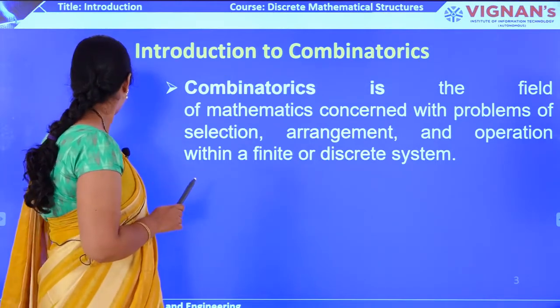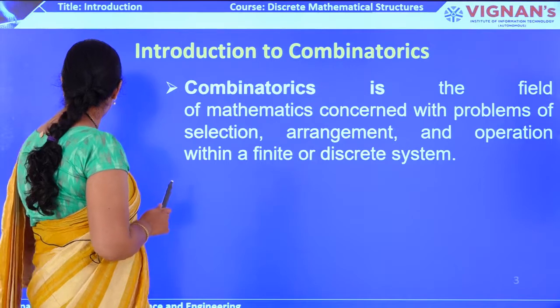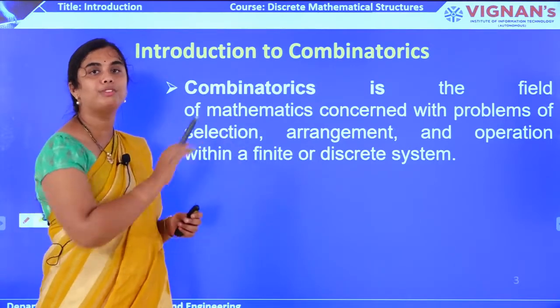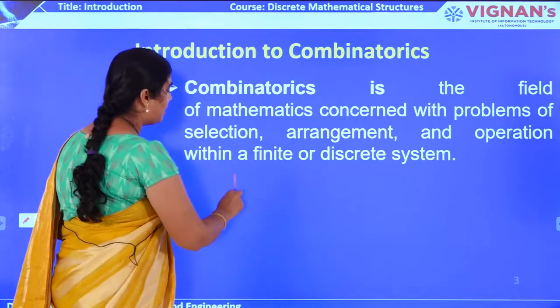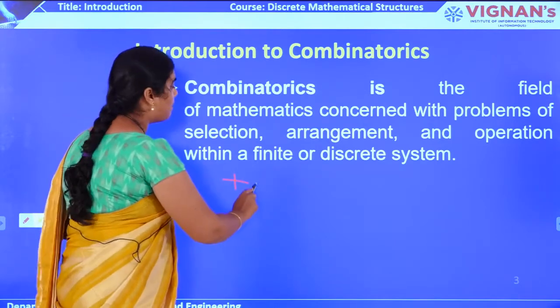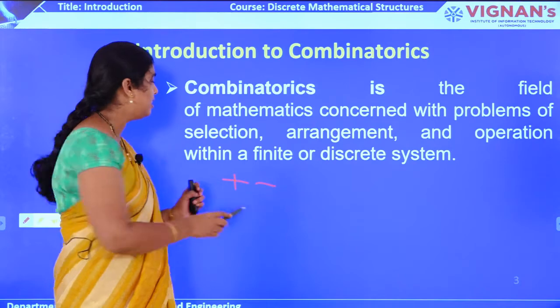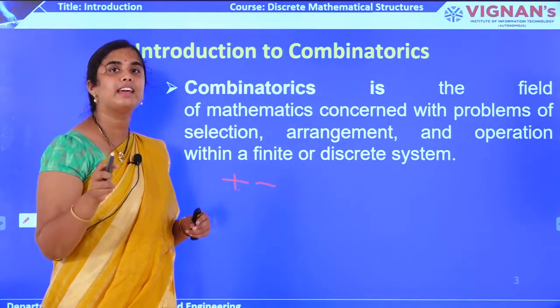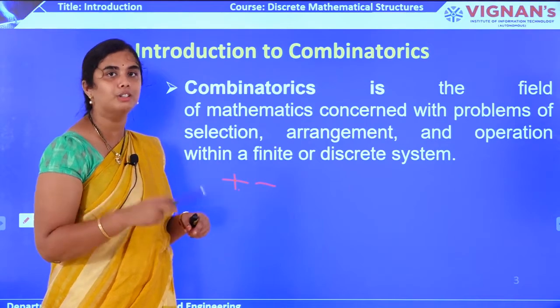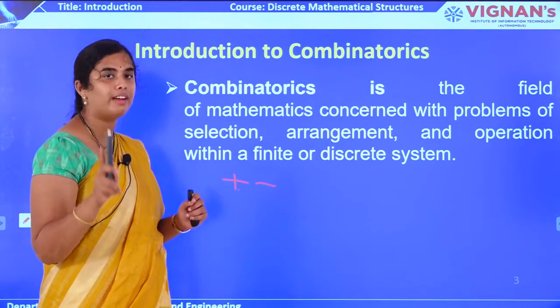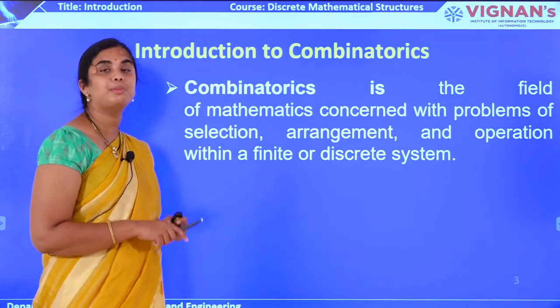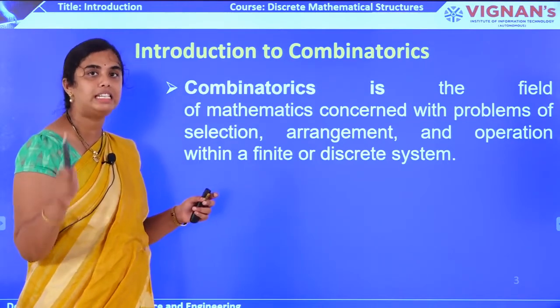In the case of software programs, there should be a certain arrangement of the coding elements, like plus should be at the plus position only, minus should be at the minus position only. Instead of plus, if you keep minus, then the results will vary and the performance might not be that good. So arrangement is very important, and combinatorics deals with arrangement, selection and combination of discrete objects.